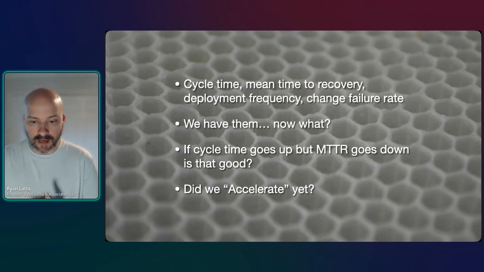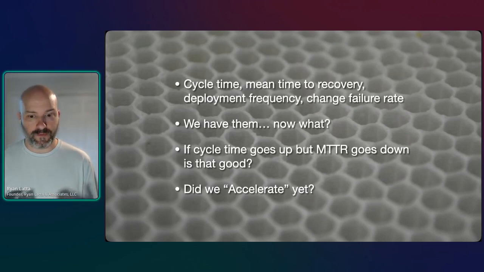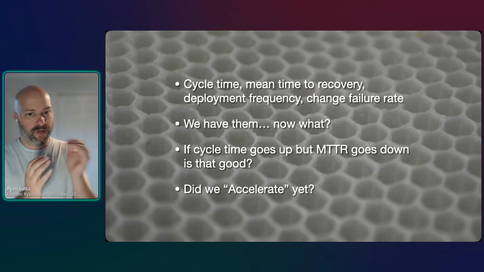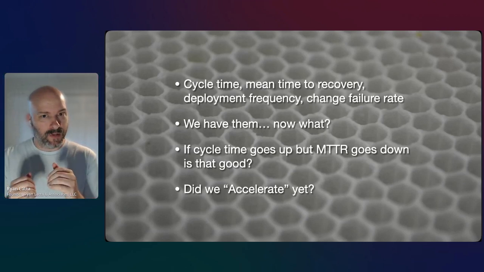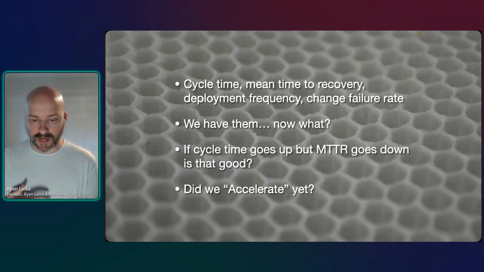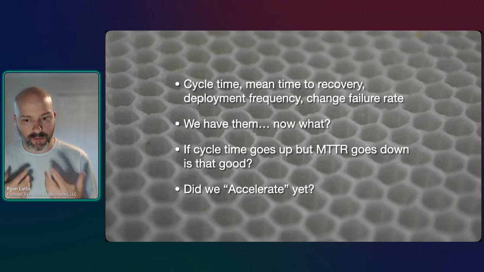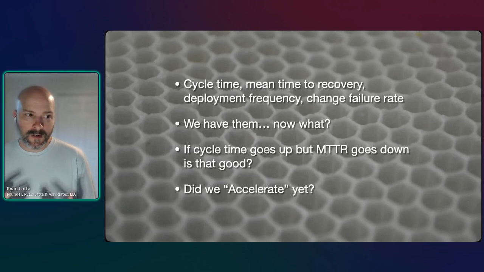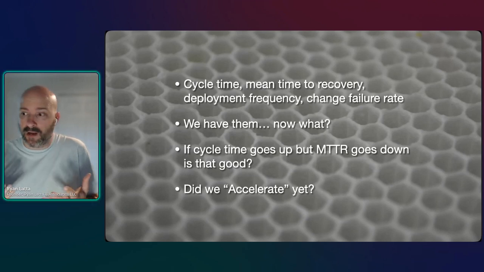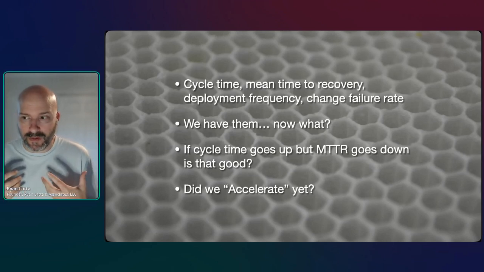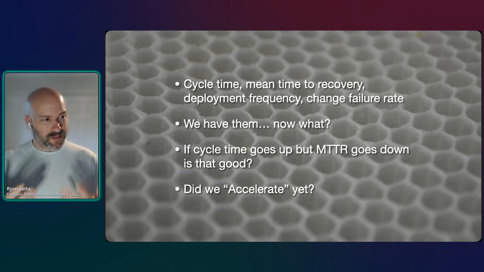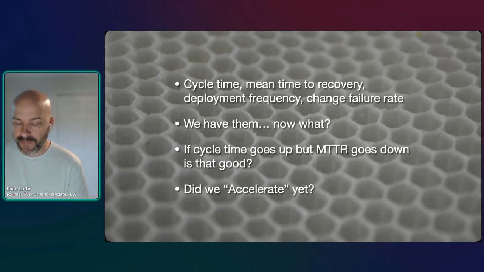The problem is people don't really understand what's going on with them. And so if your cycle time went up, but your mean time to recovery went down, is that good? Was that bad? Should we intervene? Should we do more of that? Is that trade worth it? The numbers wobble and move, but typically without much meaning. The numbers just sort of sit and move and don't inform us of anything in particular. They just kind of exist. So that's what I see happen regularly with DORA metrics.